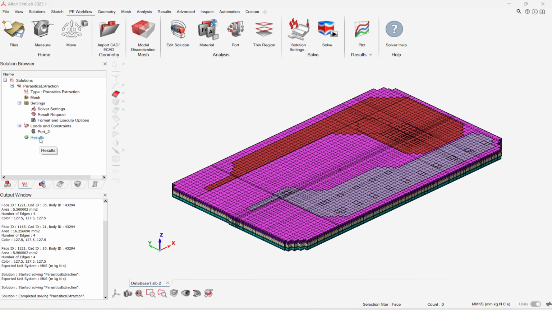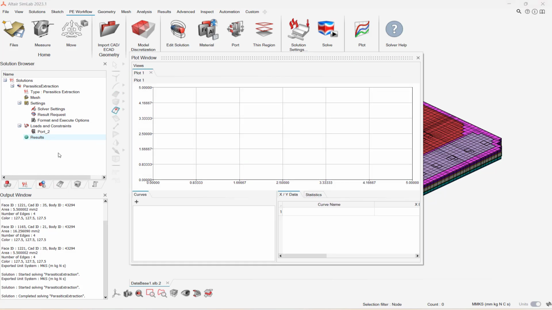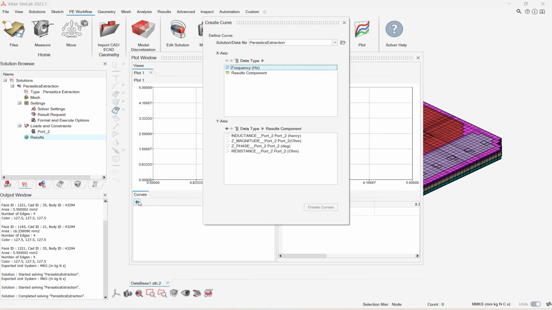Now to plot the characteristics, right click on results, go to view 2D plot, and select Z magnitude port since I want to plot Z magnitude. Finally click on create curves.